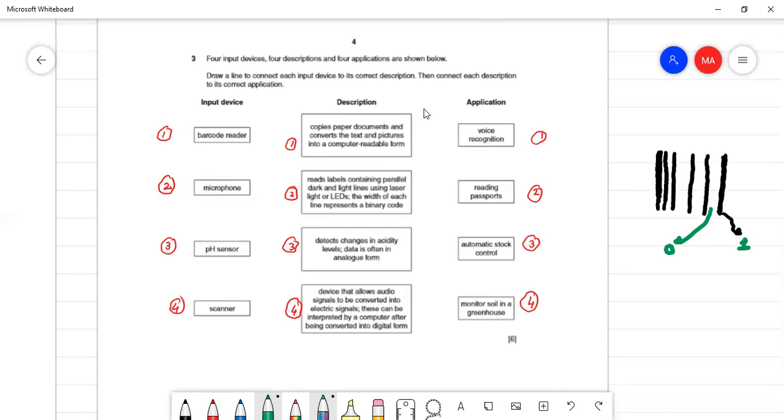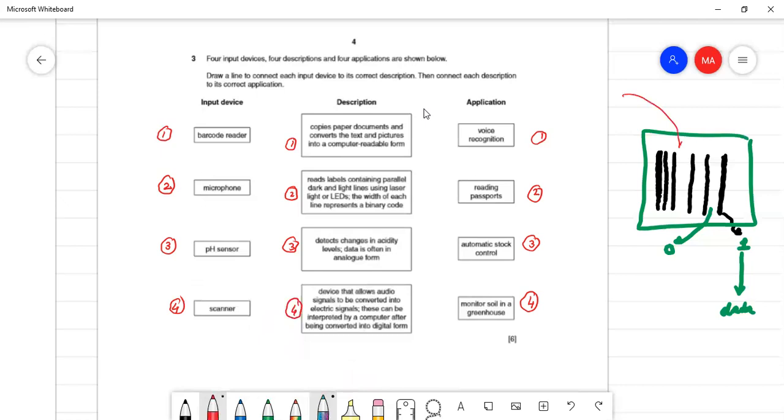So the dark vertical bar line actually holds the data, and when the barcode reader scans these barcode digits through LED light, through laser light,